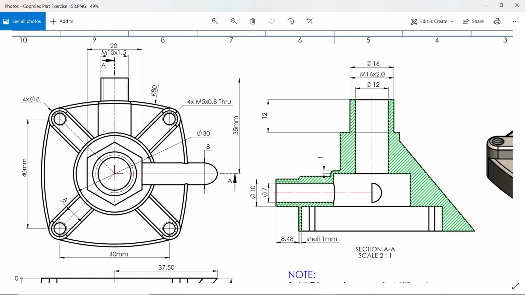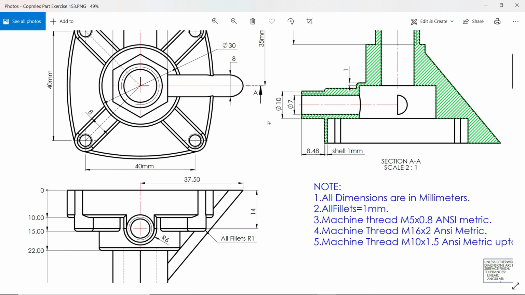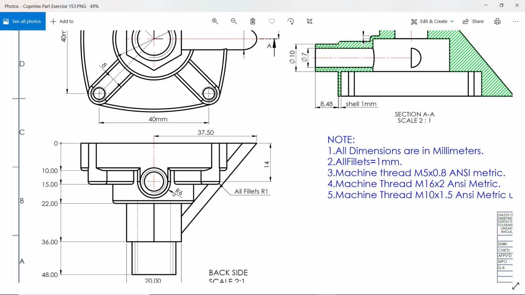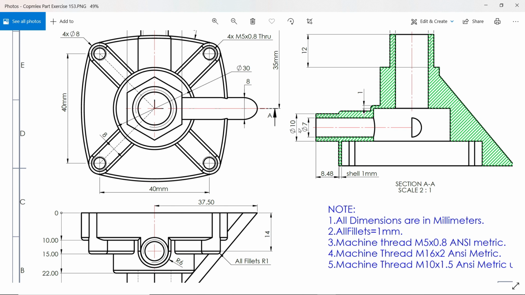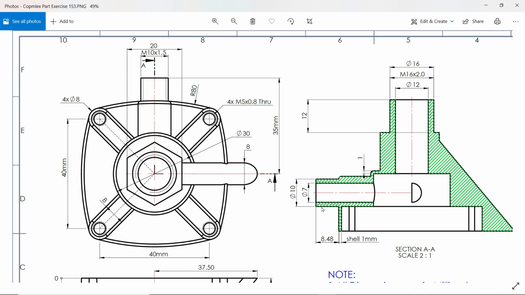But before creating that, we have to create this one. See this extruded part: here the outer radius is R6, but inside here 10, and there is a hole also up to the end. This hole we will make later, but 14 distance from here, and the distance from this front plane to here is 35.